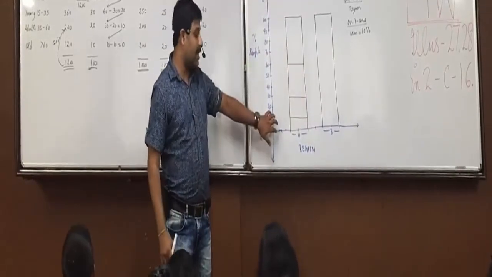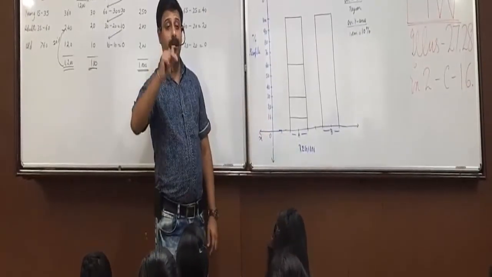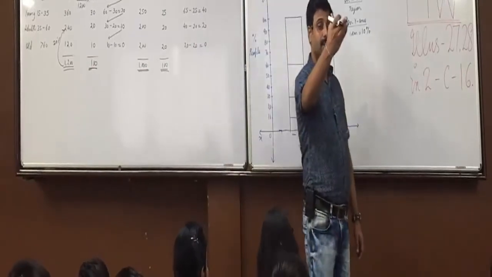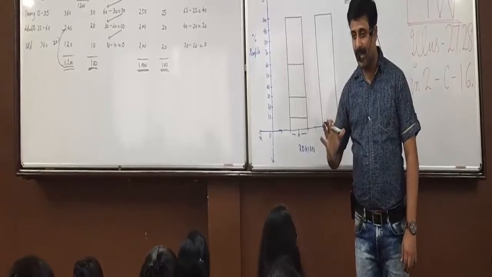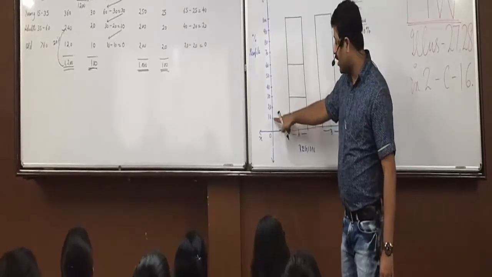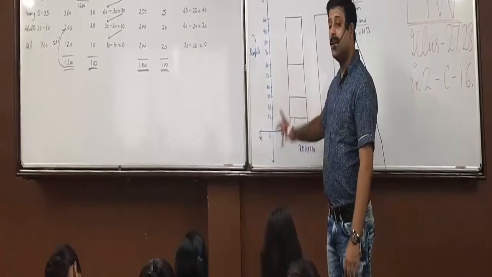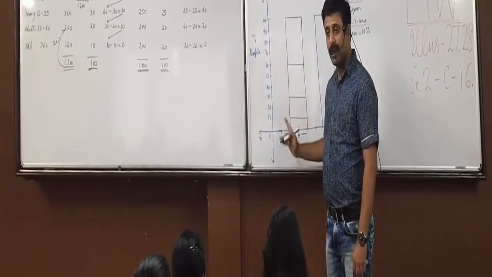By the way, here 10 divided by 10, what's this? Use the calculator. 10 divided by 10 is 1. So every line is 1%. Means after 10 you will have 11, 12, 13, 14, 15, 16, 17, 18, 19 and then 20. So in case figures come in between, you must be able to find them out, okay?